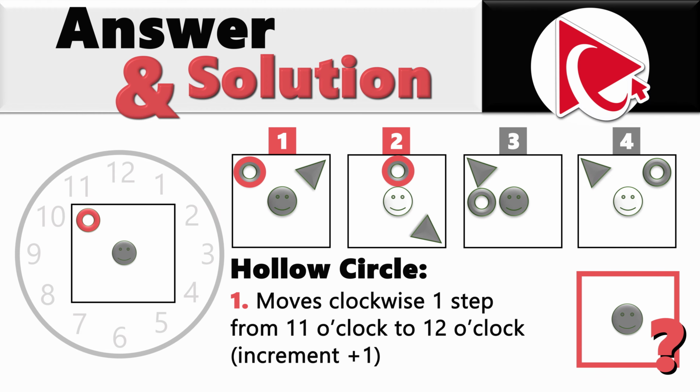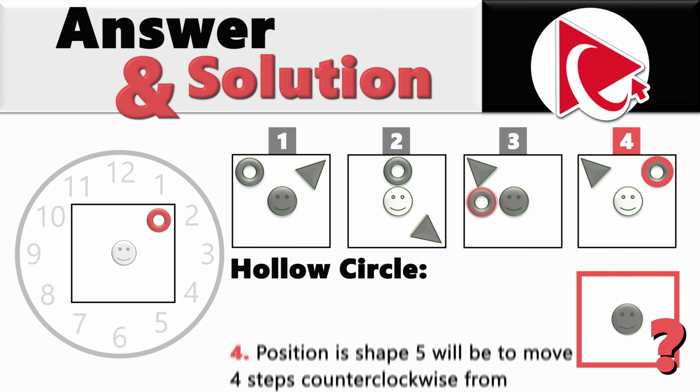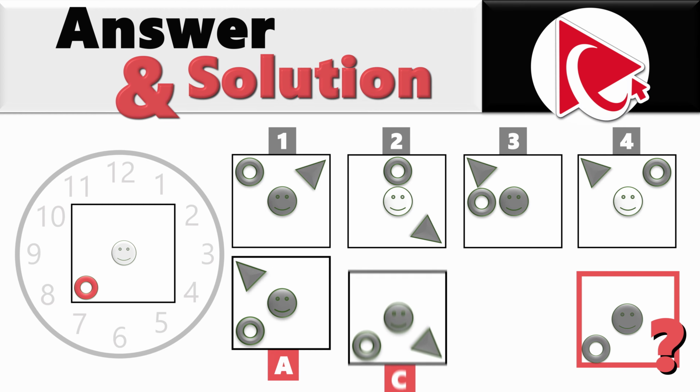Let's look at the hollow circle. Hollow circle moves one step from 11 o'clock to 12 o'clock position with increment +1. In the next square, it moves two steps counterclockwise from 12 o'clock to 9 o'clock with increment +2. Then it moves three steps clockwise from 9 o'clock to 1 o'clock with increment +3. So we can predict that hollow shape in shape 5 will move four steps counterclockwise from 1 o'clock to 8 o'clock with the increment +4. It helped us narrow down the answer choices, but we still have choices A, C, and D that still match